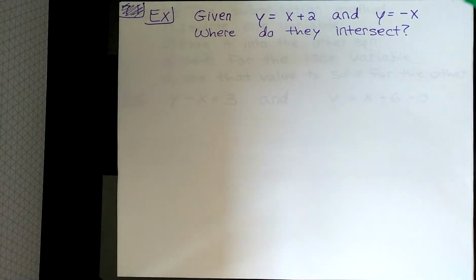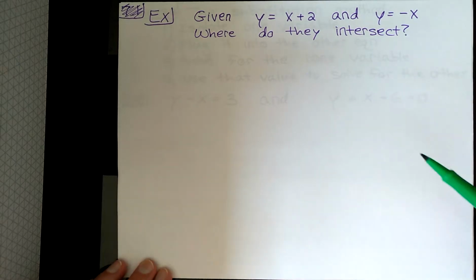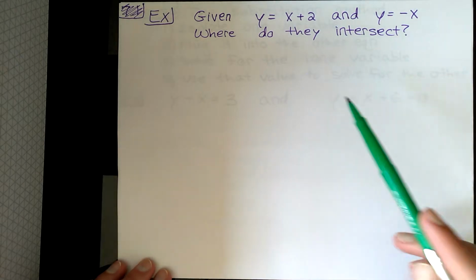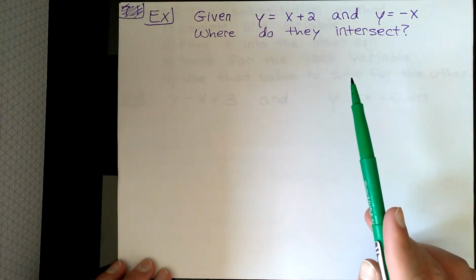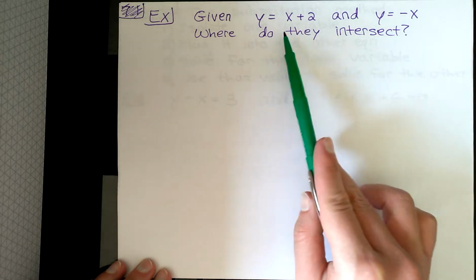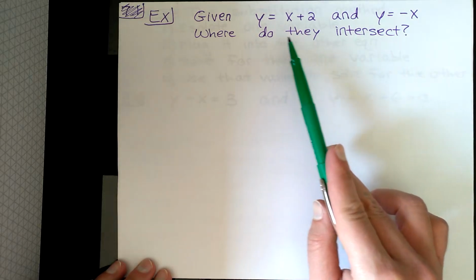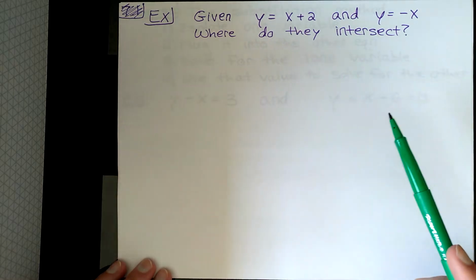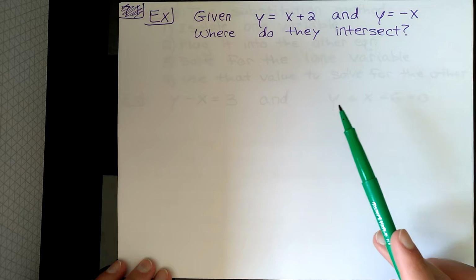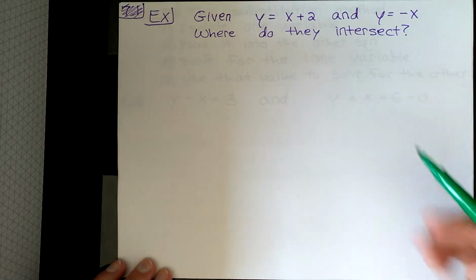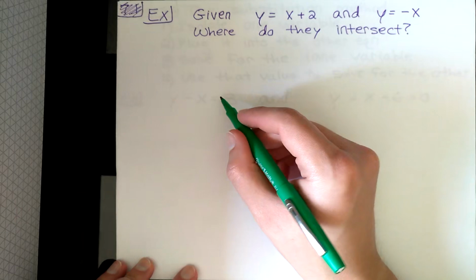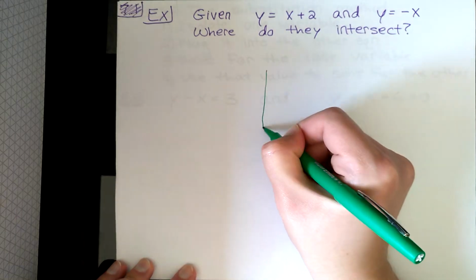In this section, we're going to be talking about solving systems of linear equations involving two variables and two equations. So, the best way to explain what these problems are asking is to go about graphing these problems. So, for example, in this problem, it says given y equals x plus 2 and y equals negative x, where do the lines intersect? Where do they intersect? So if we went about graphing these in the same coordinate plane,